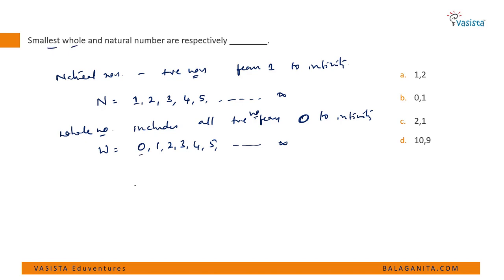The smallest whole number is 0 and the smallest natural number is going to be 1. So therefore the option here is 0 and 1. So this is the answer. Option B is the